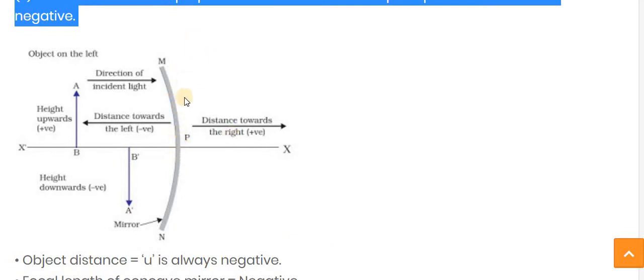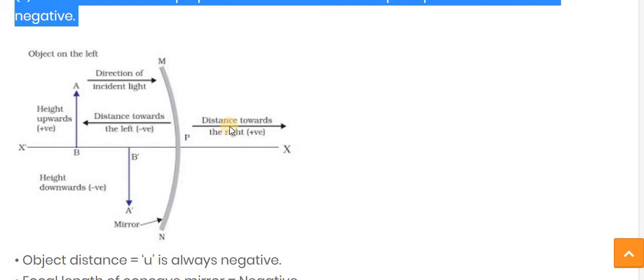Draw one perpendicular from the P. We have to divide this whole thing into four sections. As we already see, all the objects that we have to keep are on the negative left side. This is the left side of the mirror. So if we are going towards the left side from the pole, from this direction, then we have to consider it as negative. But if we are going from the pole to the right side, then we have to consider it